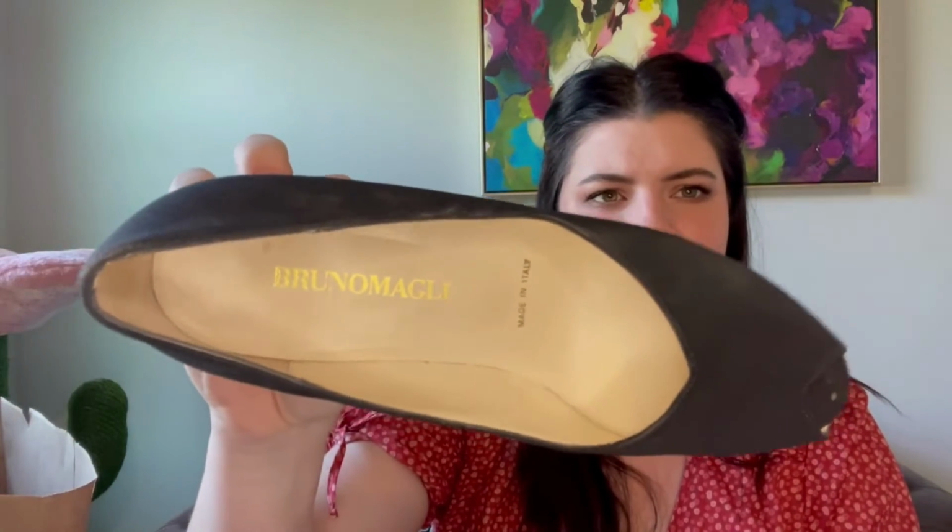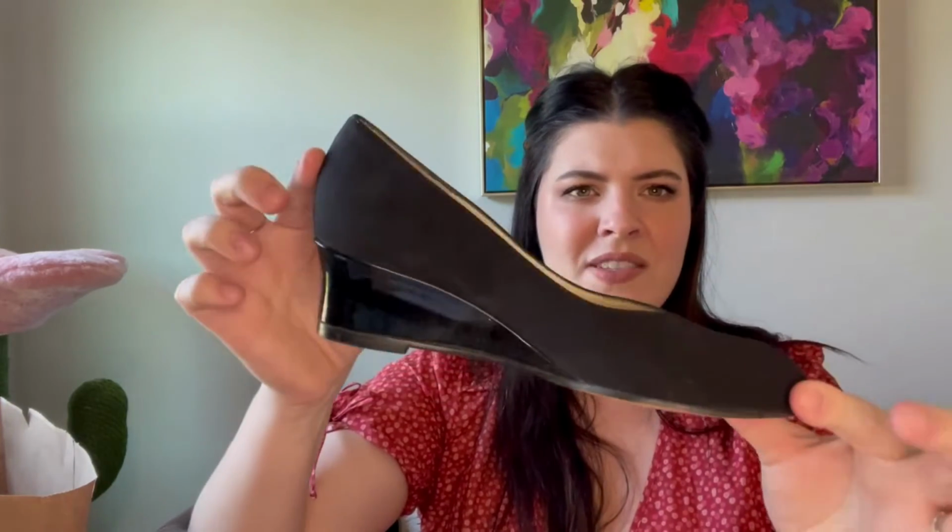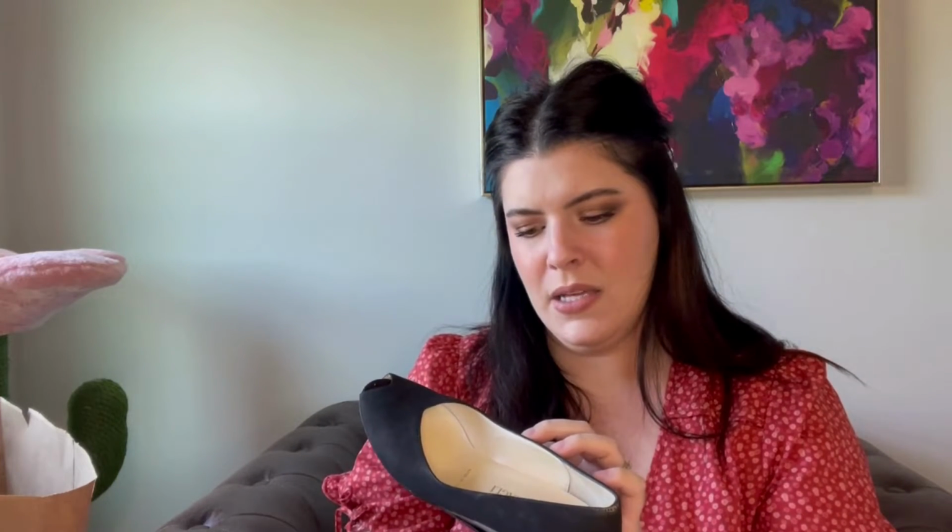This is a very older designer, I would say probably geared more towards an older, more mature crowd, let's say that. This is Bruno Magli, and I picked them up because they were in pretty decent shape, as well as just a classic style. So patent leather wedged, open toe. They are a 5.5B, which if I'm not mistaken is a little bit narrow, but they were half off,